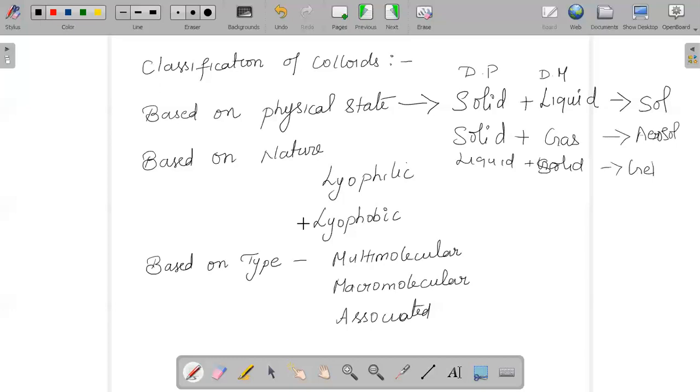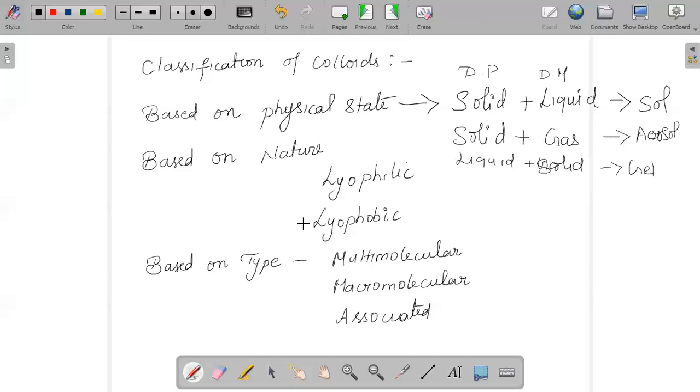And when we say that it is lyophobic colloids, that is liquid-hating. Some substances cannot form a colloid when you try to directly mix them with a liquid. Their colloidal sols are prepared by special methods, and those types of colloids we call lyophobic colloids. They are also called irreversible colloids, as on precipitation they will not give back the colloid when you simply mix the dispersed phase and dispersion medium.